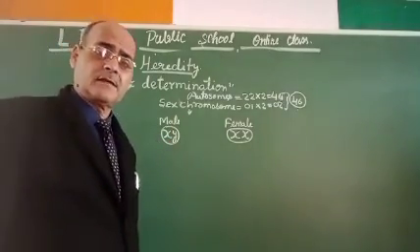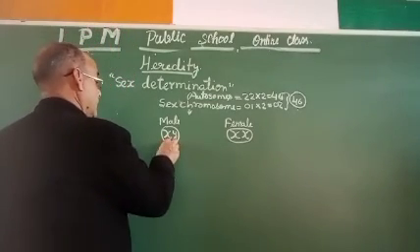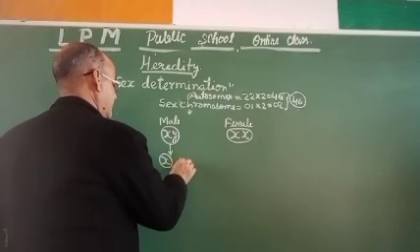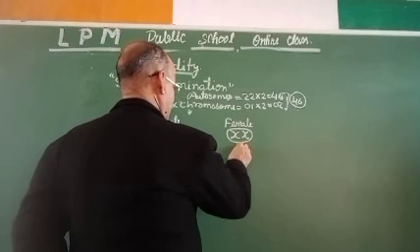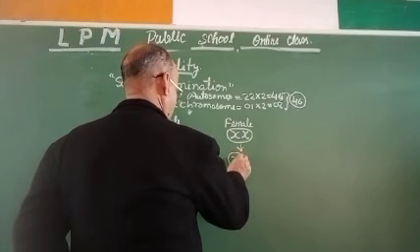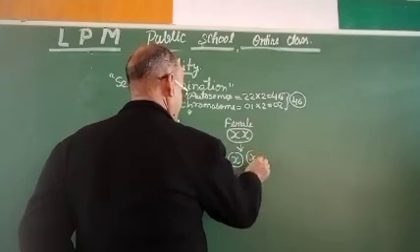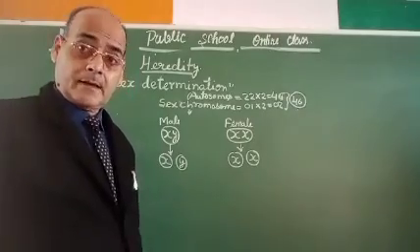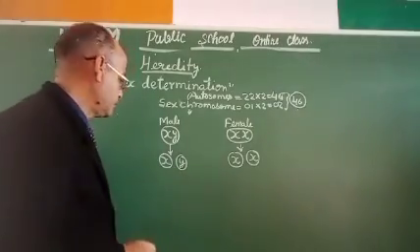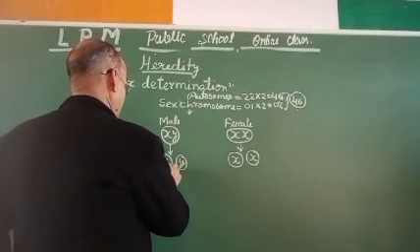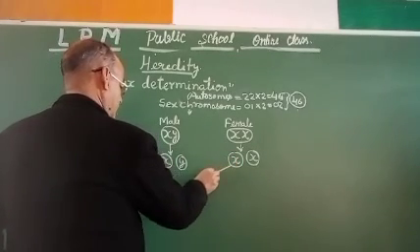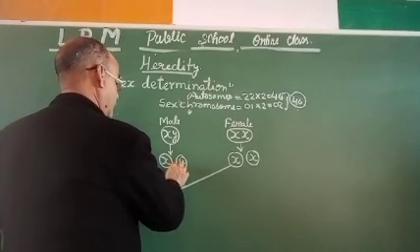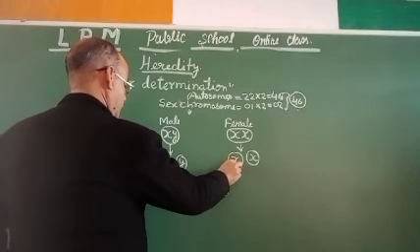Dear student, when male produces its gamete, then what will happen? Gametogenesis takes place and X gets separated, Y gets separated. In female, X gets separated into each ovum. So these chromosomes get separated in each gamete cell like sperm and ovum. Now see what is going to happen: they are independent to cross to any of the opposite gamete.